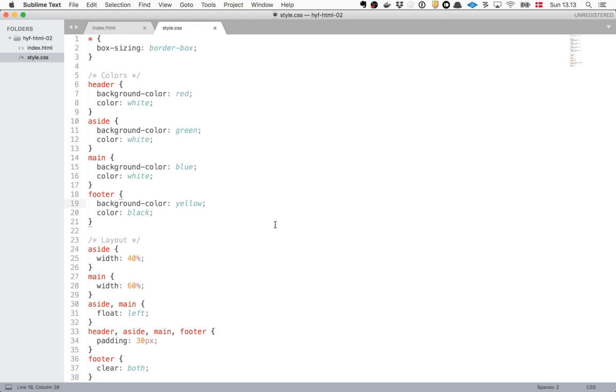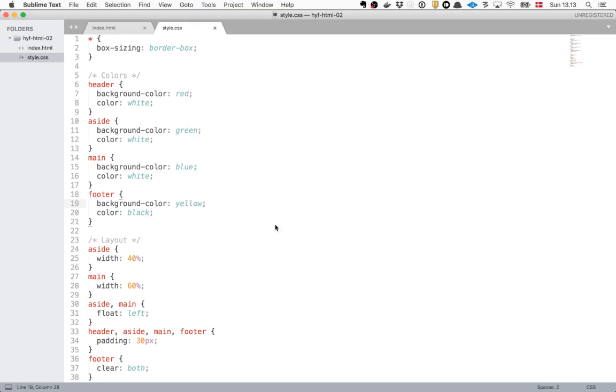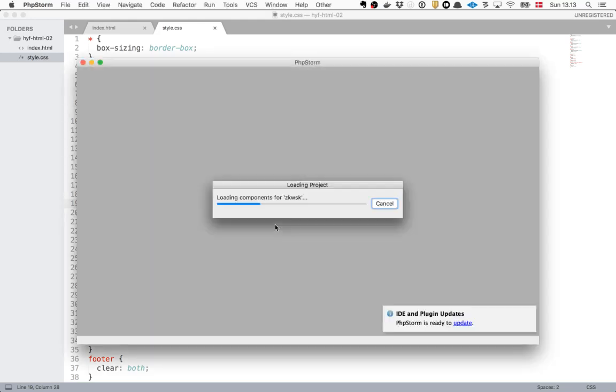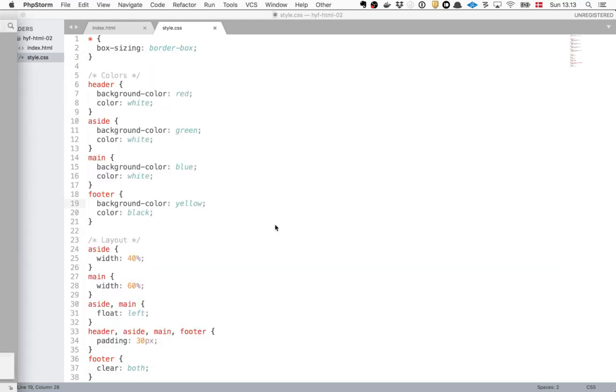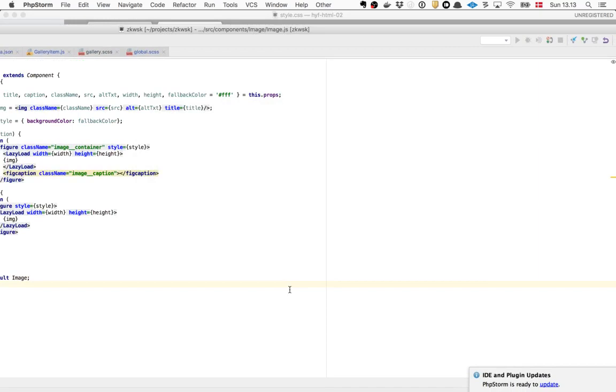One question, what editor do you use at work? We use PHP Storm. It's also called WebStorm. This one is specific for PHP, but it works for all kinds of things. If I want to learn one, should I learn WebStorm? Yes, because WebStorm is more generic.